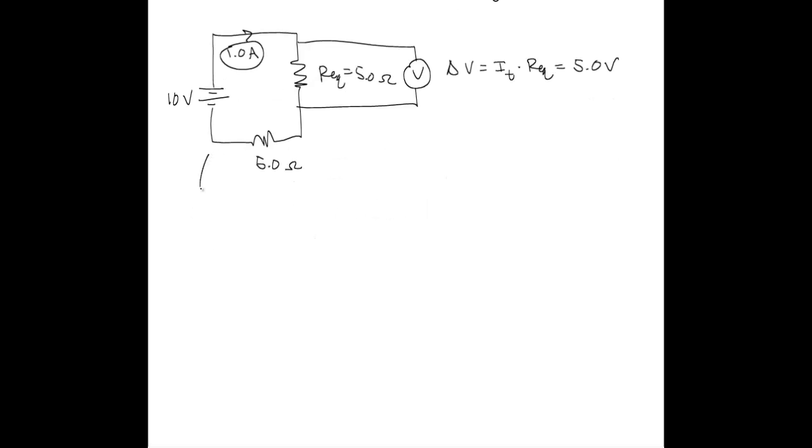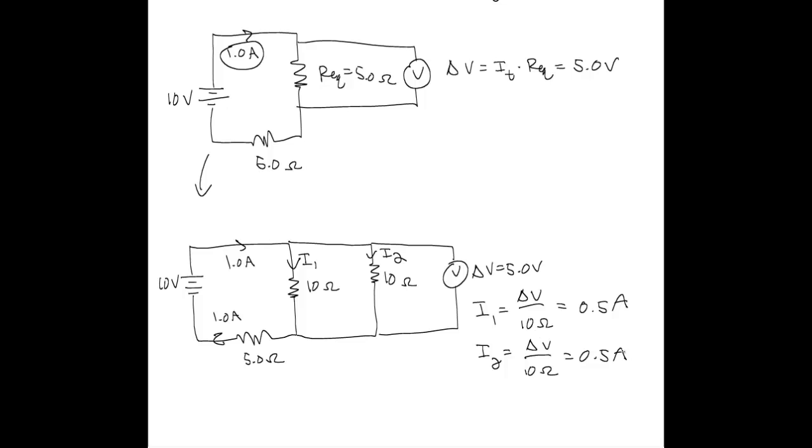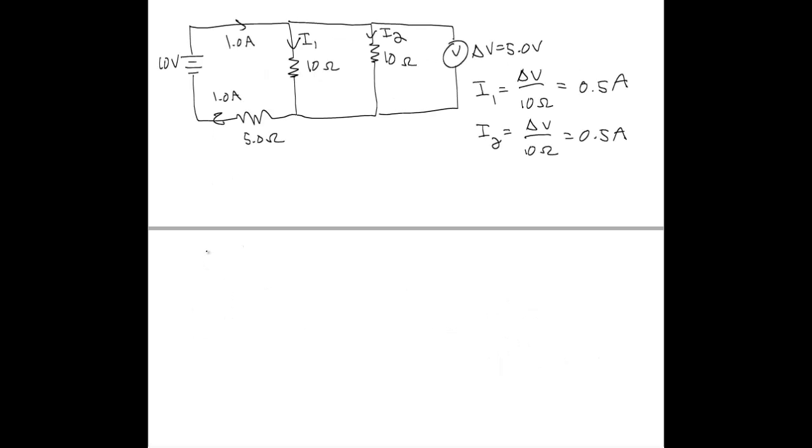Now we move on to the next step, the circuit that we started with, so we rebuild that circuit, and again we put in this voltage drop that we now know across the parallel set of resistors. We can use Ohm's law to find the individual currents through each of the resistors by taking the voltage drop over the resistance of that resistor, and we find that each resistor has the same amount of current, as we would expect, half of an amp through it. So altogether, summarizing, we've found the current through each of the resistors, and the current through the 5 ohm resistor